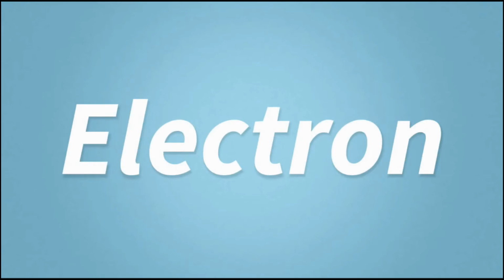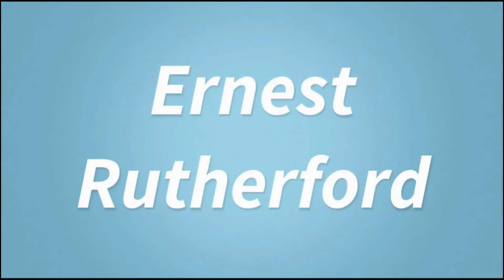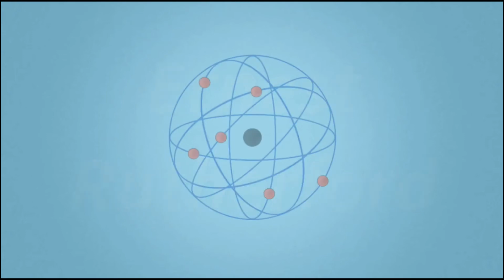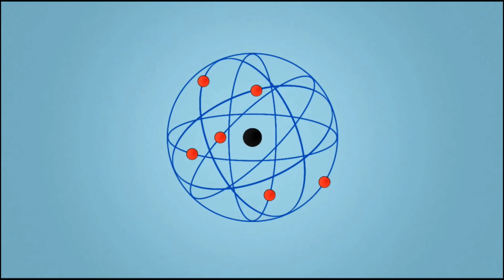J.J. Thomson was given credit for discovering the first subatomic particle, the electron. The electron is a negatively charged particle inside of the atom. Sadly, again, J.J. Thomson's model of the atom was of course wrong. The next scientist to come along and do an experiment and change the model was Ernest Rutherford. Through his experiments, he discovered that the positive part of the atom is actually quite small in the center, and that orbiting around it are negatively charged electrons.